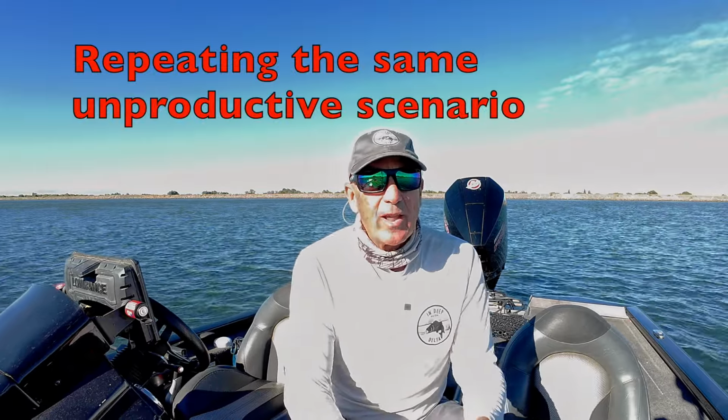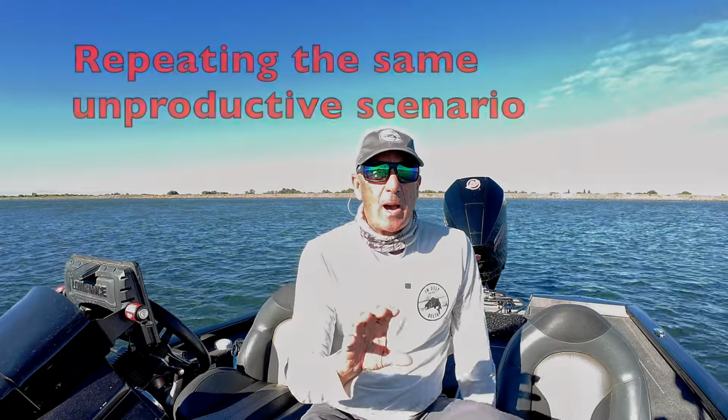We just fished a flat off of an island and we haven't caught any fish. This happens all the time out here. We're all running the banks, we're all fishing shallow water, and when we don't get bit, we think it's because of the tide or the bait that we have. We move on to the next location, we fish another bank, or we find another flat and we fish shallow water again. I'm going to show you what I do in these situations where I've just run through a flat,